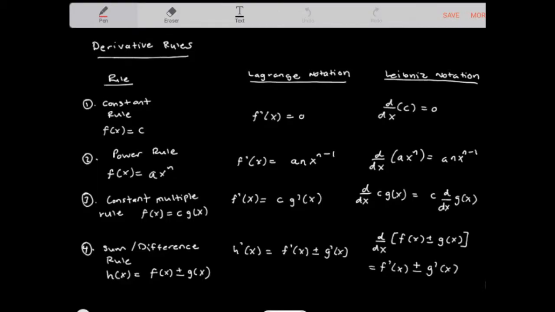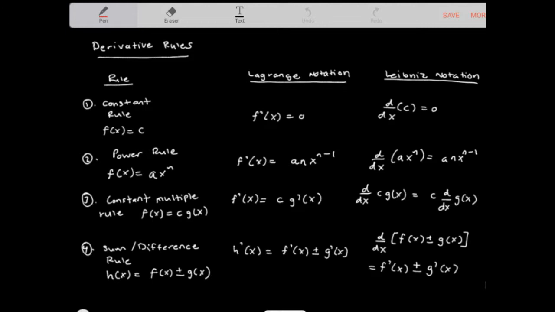Alright, let's take a look at some derivative rules. So we stated that the derivative is basically the instantaneous rate of change function at a point x. It's also the slope of the tangent at a point x. And there are a few rules that govern derivatives. I've summarized the four major rules outlined in this